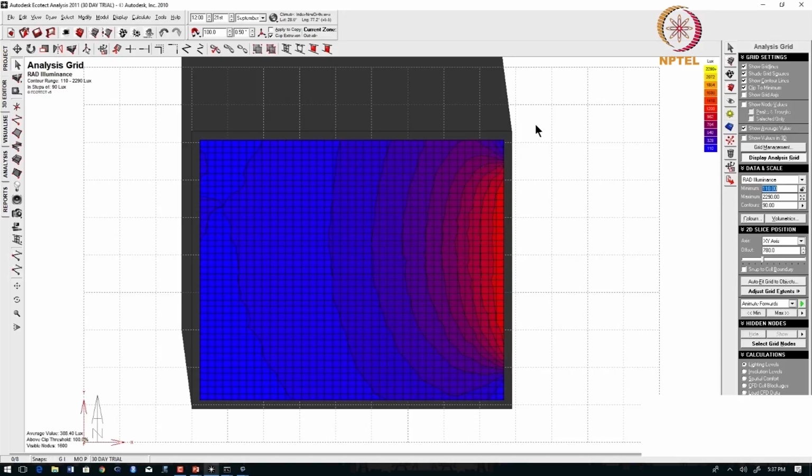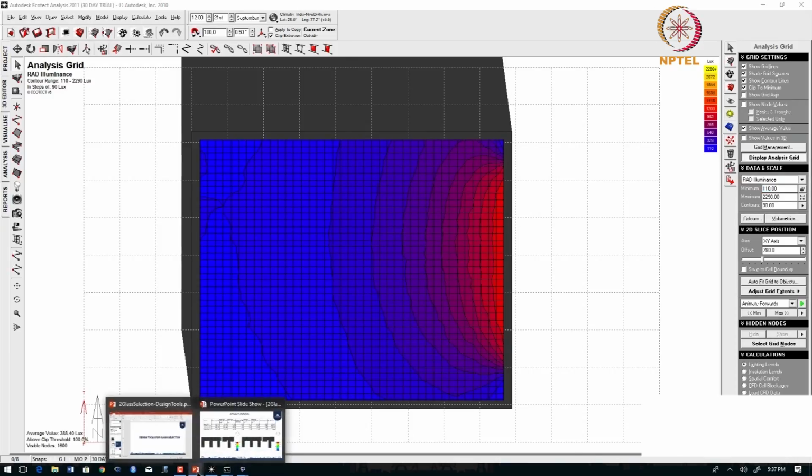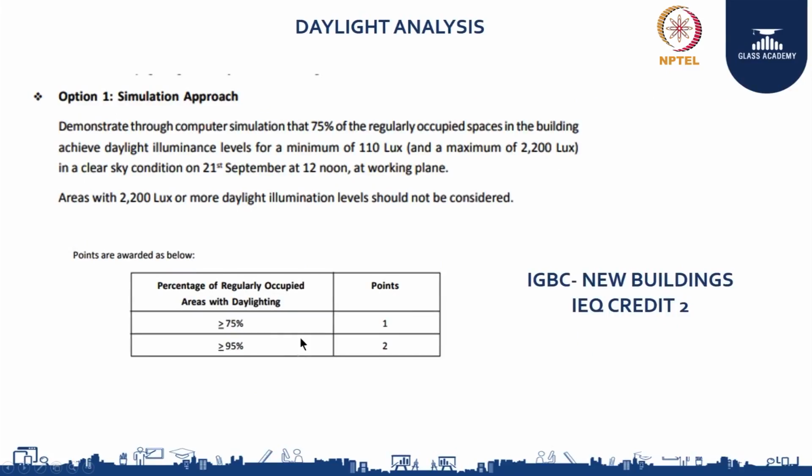So depending upon your location, depending upon the orientation, we need to change different VLT ranges and check which is the comfortable range. So how do we know this range which is comfortable or not? For that we have some directions from the green building rating system or some common rating systems which tell you what will be the comfort level, and if you are above a particular threshold, if your light is coming inside, you will get some points.